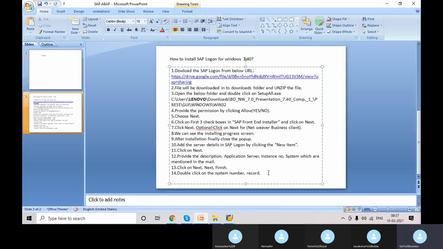Once we double click, it will open. Provide the client, user ID, password, and language in the logon screen to enter into the system. So till now you are clear?